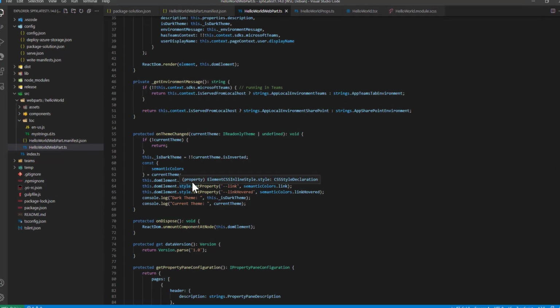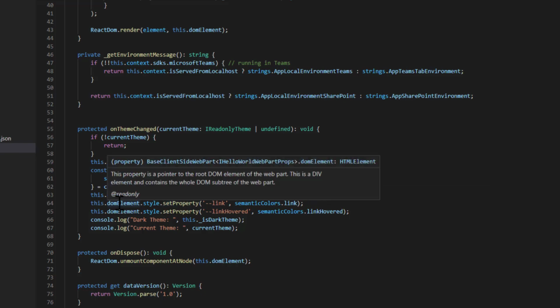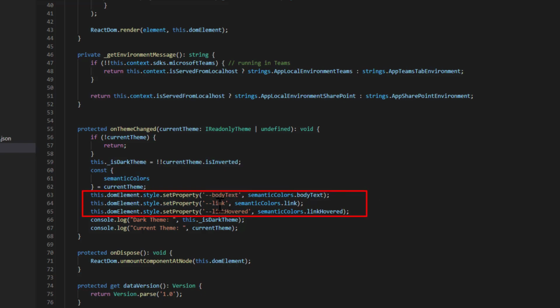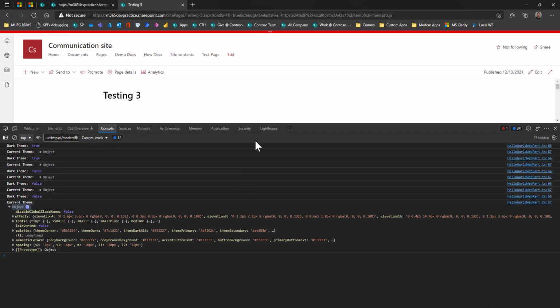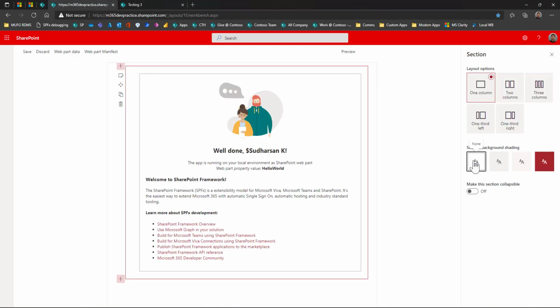And one more thing they are trying to explain is how you can use the CSS variables. Here they are setting the properties like bodyText, link, and linkHovered using the semantic colors. Since they are using these variables and the semantic colors, the section background color automatically changes, and the text also changes.